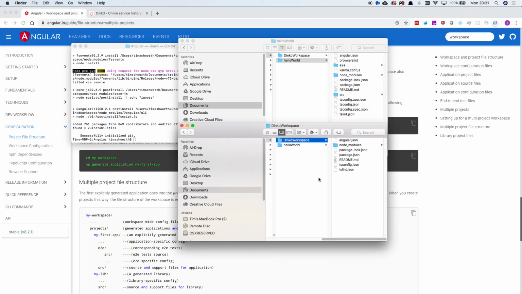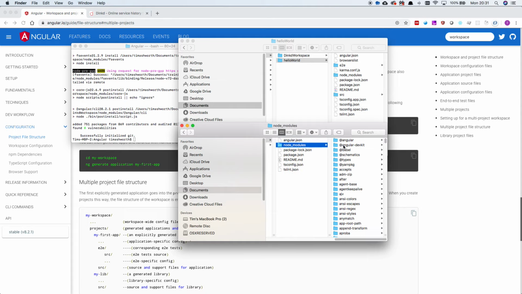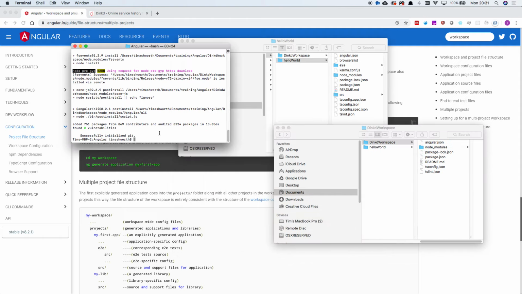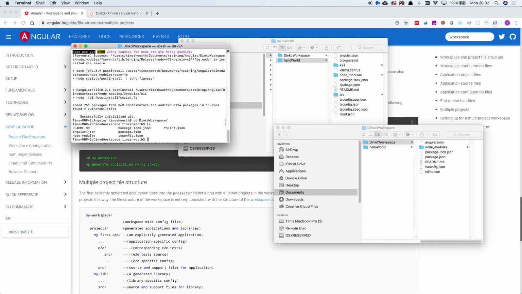Here you can see all we've got in the Dinked Workspace are the basic files and the Node Modules folder. And that's it. So we don't have any projects. We can't serve anything. This is just ready for us to add our extra projects. So I'm going to go into our Dinked Workspace, look at the files, and here I'm going to want to